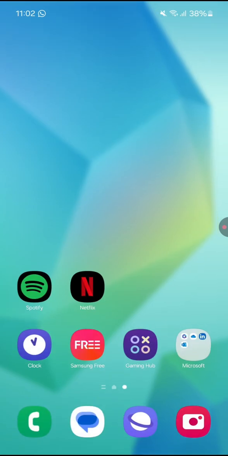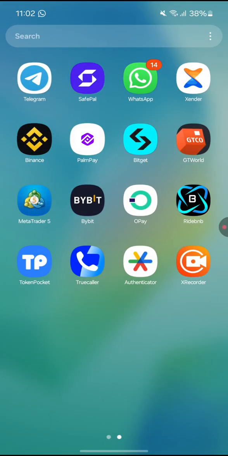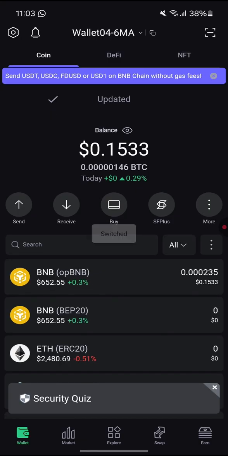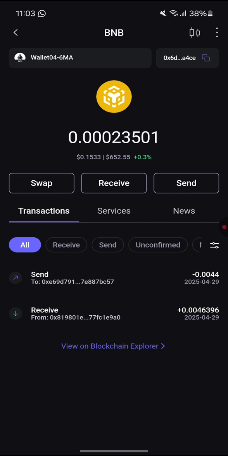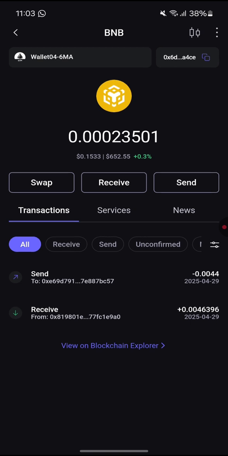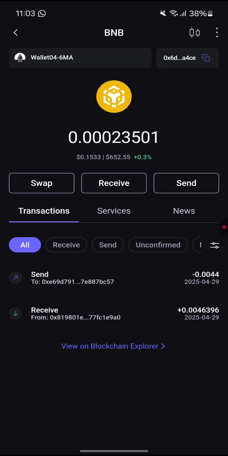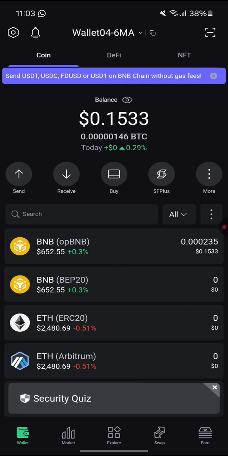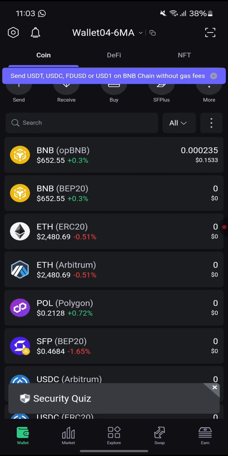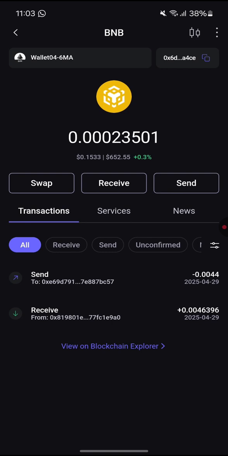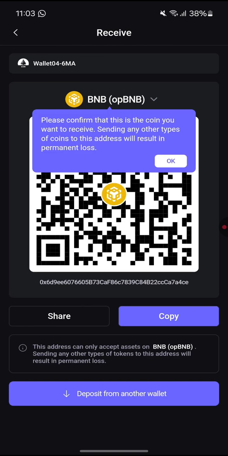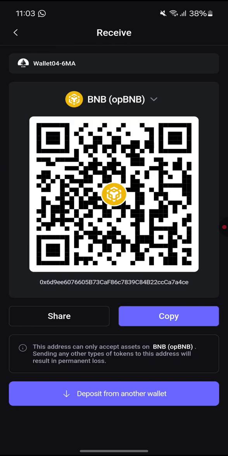You want to go and copy our address. So go to your SafePal page. You can see, right? Just click on the wallet you want to receive to. But you must be very careful here. You can see that the one I copied is opBNB. You can see, right? BNB opBNB is the one you are going to click on like this. You are going to click on receive. Once you click on receive, this is the address you want to copy. So make sure you copy this address, copy it like this,